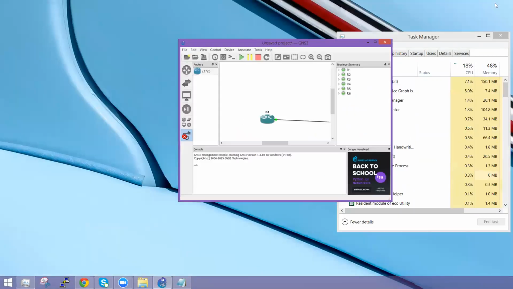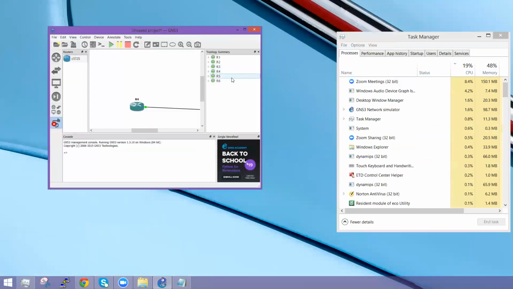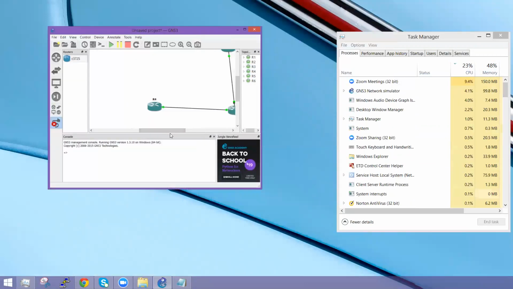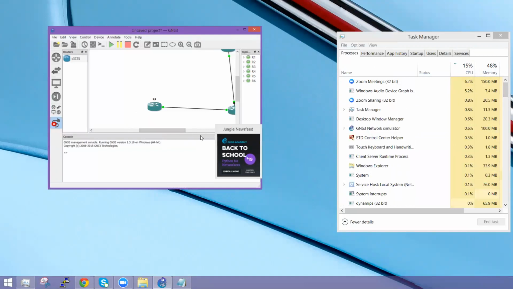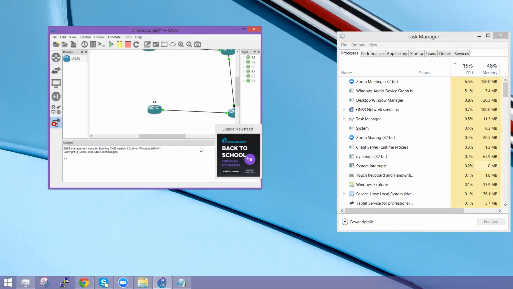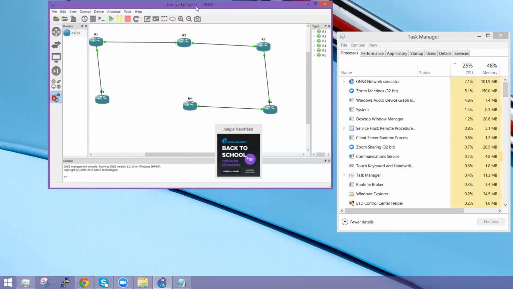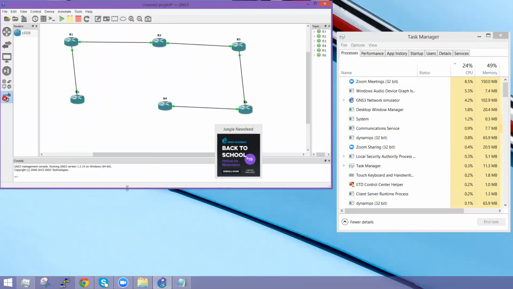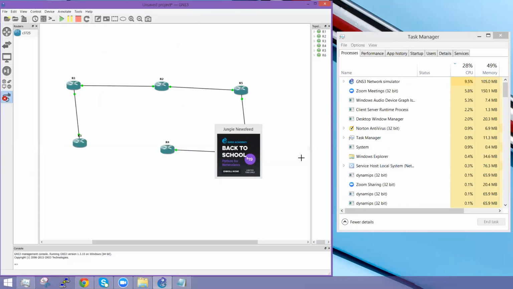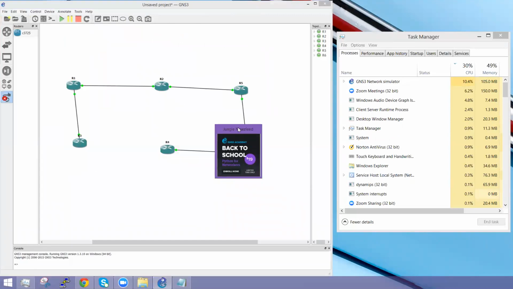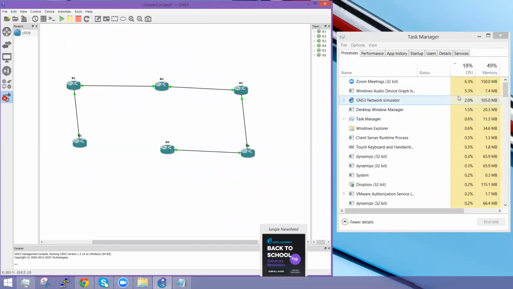Let me minimize this stuff. Actually, this is the issue over here in GNS3. Okay, just put it here. Still I can see about 20%. It should be fine, but